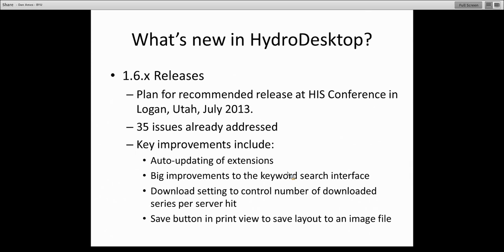include auto-updating of extensions. What this means is that just like on your iPhone or your Android phone, you get a notice every so often that says, hey, your version of Words with Friends has been updated, or a new version is available, and it either happens automatically or you can click and have that update put in. We wanted to provide the same kind of capability to HydroDesktop so that you don't have to always